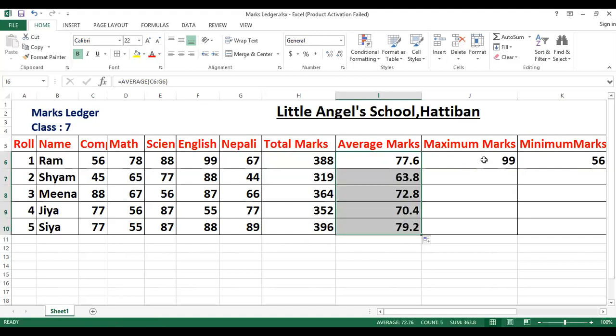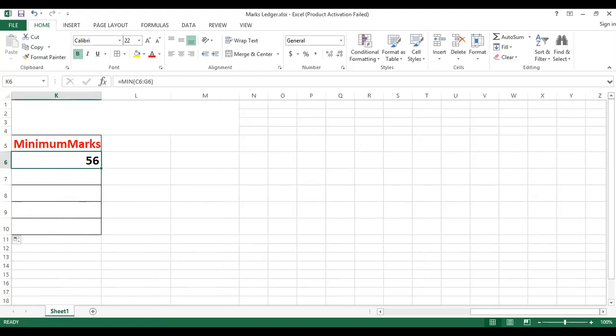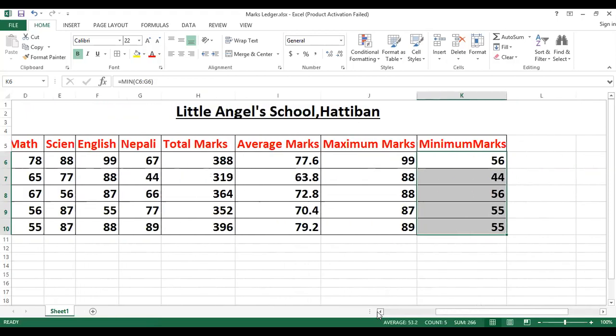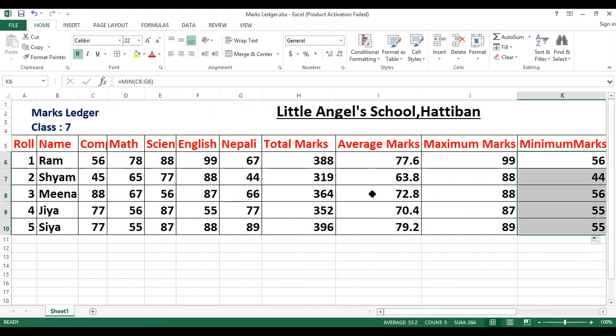Drag it also. By this way, you can use the fill handle to copy the formula from one cell to another cell. So I hope you understood everyone here.